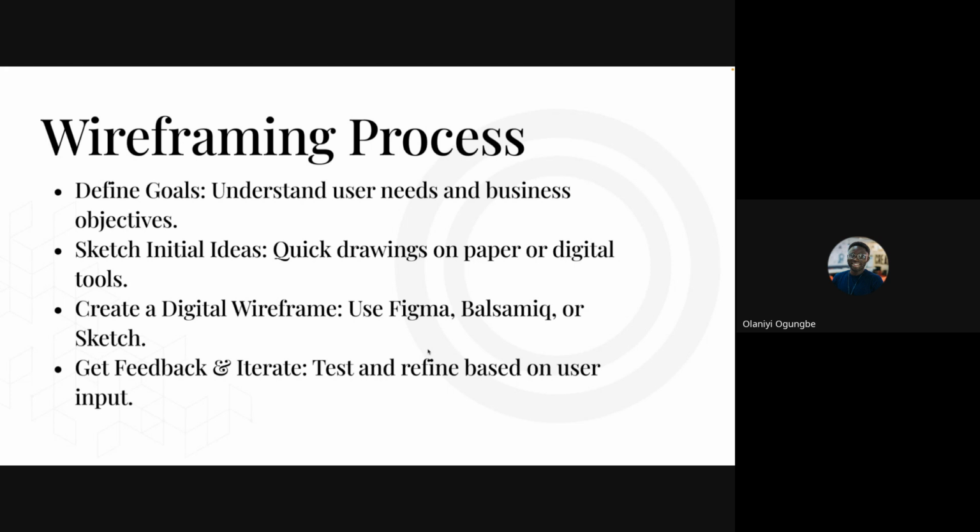You guys should remember when we were doing user research and when we talked about empathy mapping, user personas and the likes, this is where it now comes into play. You have been able to use those processes to understand the kind of users you are actually building for. You also would have been able to understand the business. The stakeholders have told you, oh, okay, this is what we're willing to do. This is what we're not willing to do at the moment. This is what our MVP will be like. You already have clear goals of what that solution should be like. Do you understand what I'm saying? You already have clear goals.